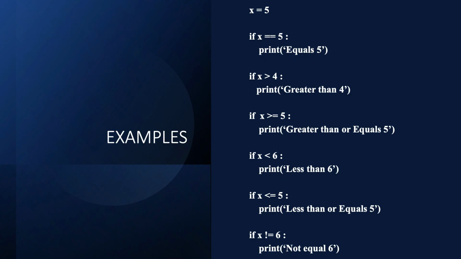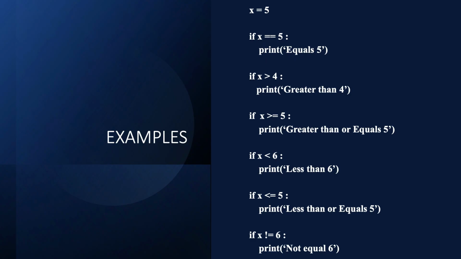Following this, we have a condition that combines two comparisons using the OR operator. It checks if x is either greater than or equal to 5. Since x is equal to 5, we execute the indented code and the output will be the string greater than or equals 5. We then check if x is less than 6, which is true, so it prints less than 6. Similarly, when we check if x is less than or equal to 5, it also prints a message